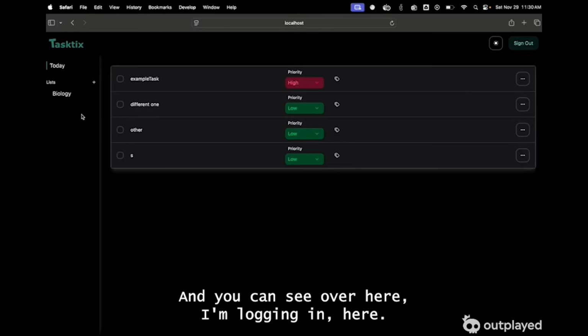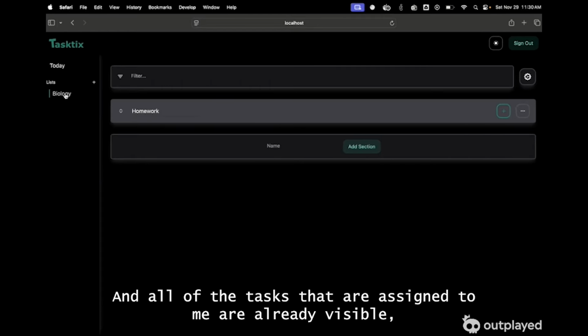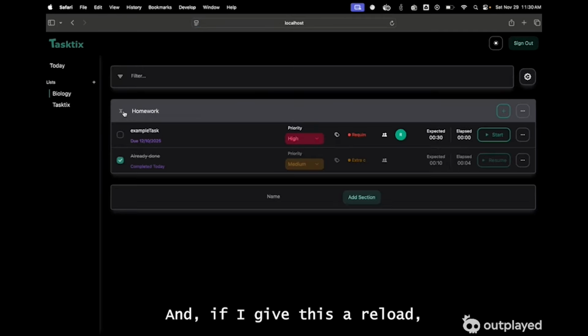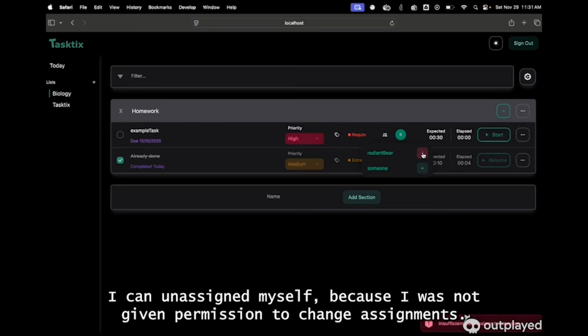And you can see over here, I'm logging in, and all of the tasks that are assigned to me are already visible from the homepage. And if I give this a reload, you can see everything pops up here. I've been assigned to this task. I cannot unassign myself